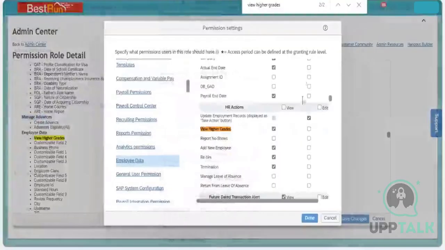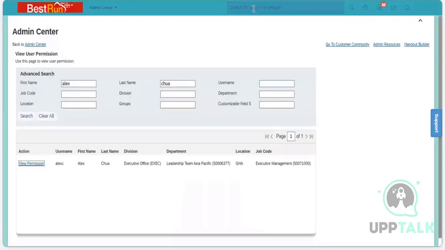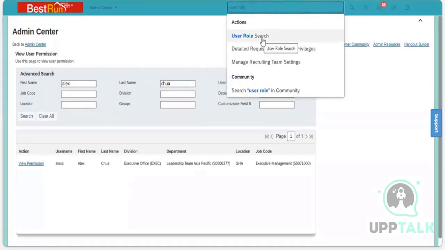Okay, is it clear for the view user permission? Yes, I'm clear. Okay, same scenario, if I want to take another tool, let me take user role search. Okay, user role search. So when I'm clicking on user role search,